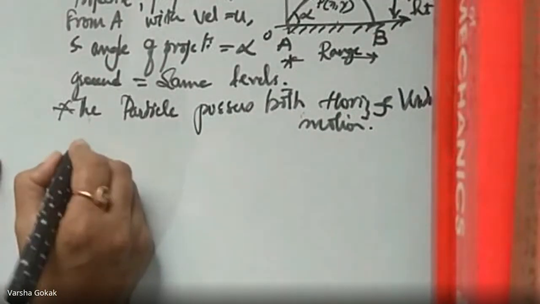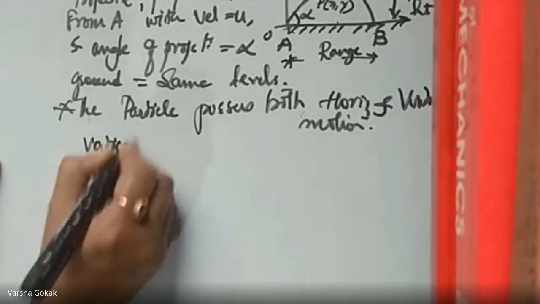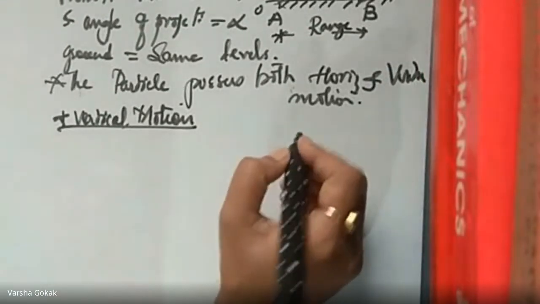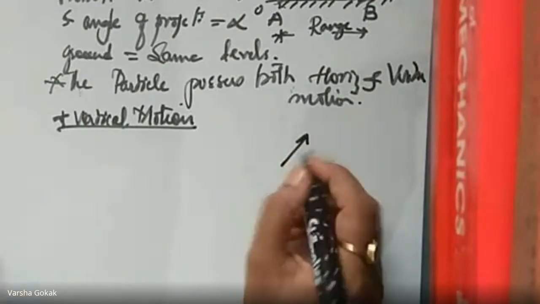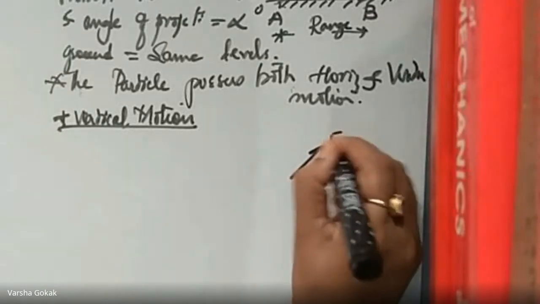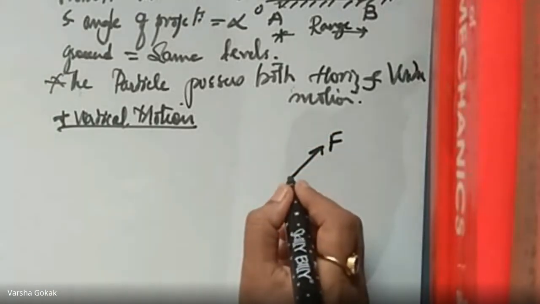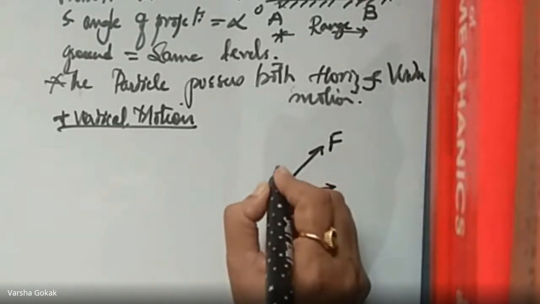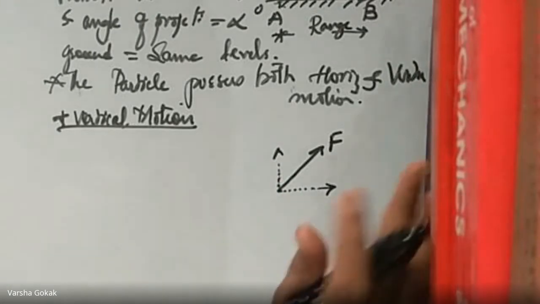When we start, I will first do it for vertical motion. First, let us consider the vertical motion. When we consider the vertical motion, the initial velocity. Now, I need a little bit of mechanics, that is, resolution of forces. If you have a force like this, resolution of a force means I will break this force into one horizontal and one vertical component. You all are aware of this.